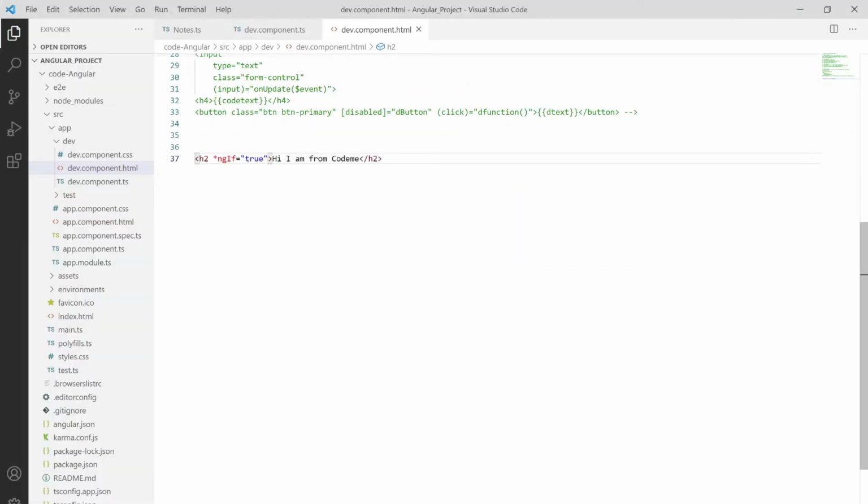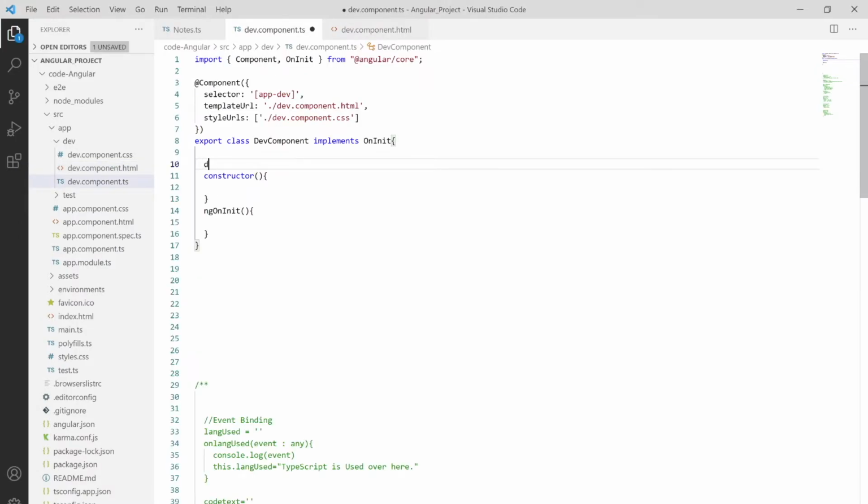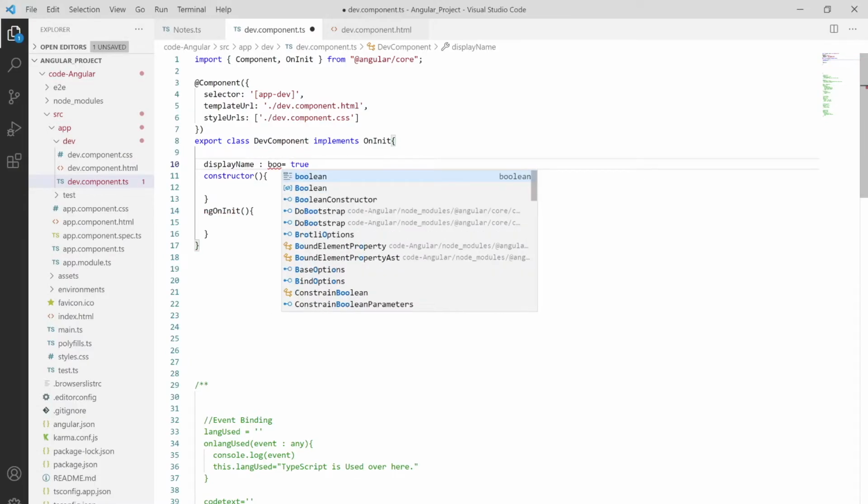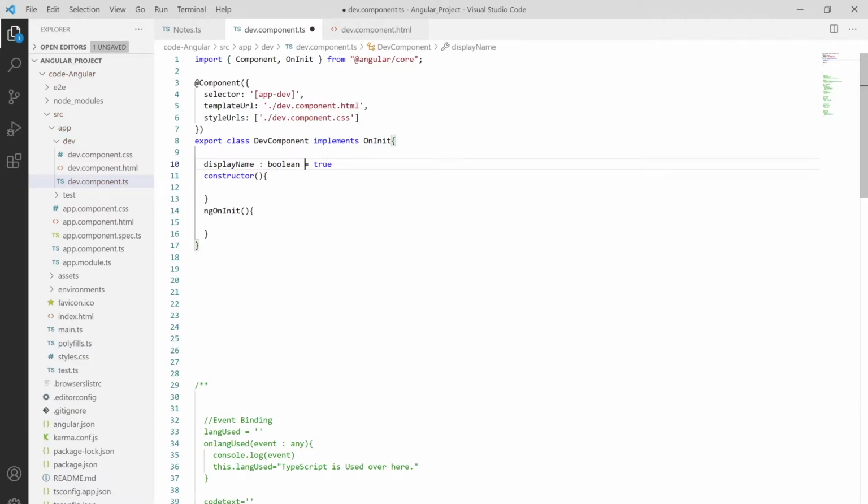So let me also show you. Here I have hard-coded this, so let me also say we have displayName, and I'm assigning this as true. I'm also assigning it a boolean type because we are using TypeScript and defining strictly typed variables. It's up to you; if you provide it, it will be okay, and if you don't provide it, it will work.